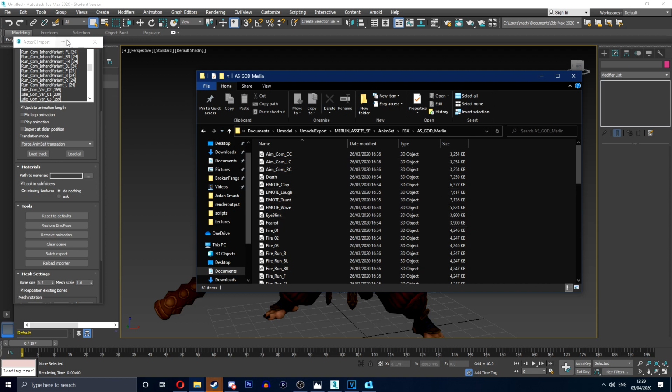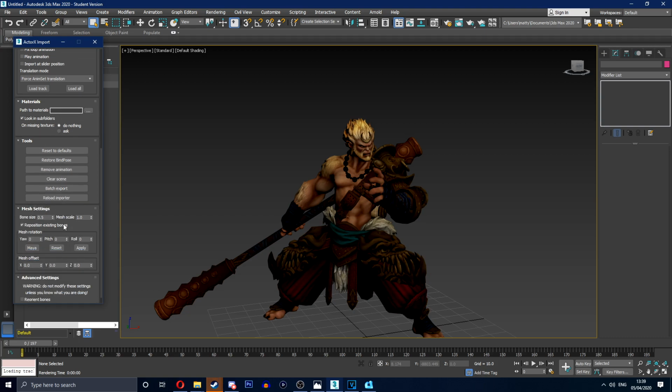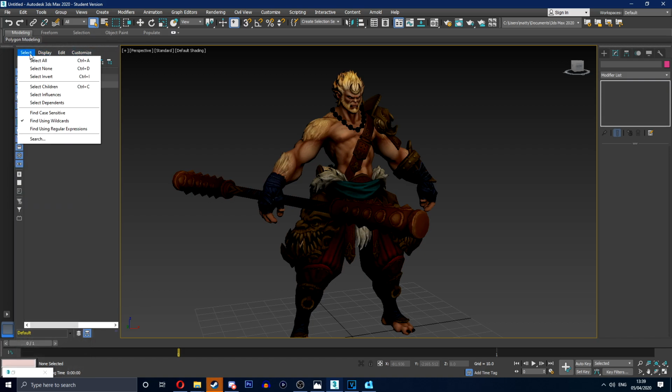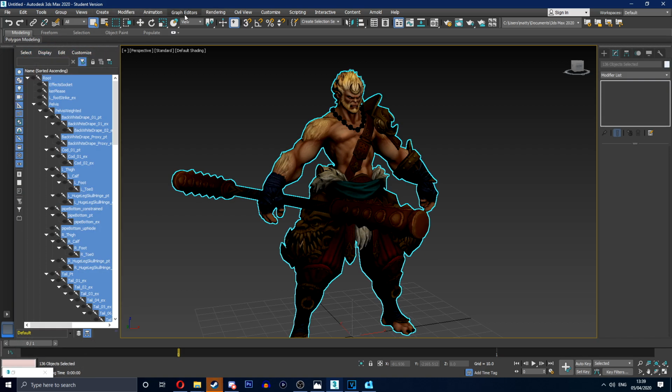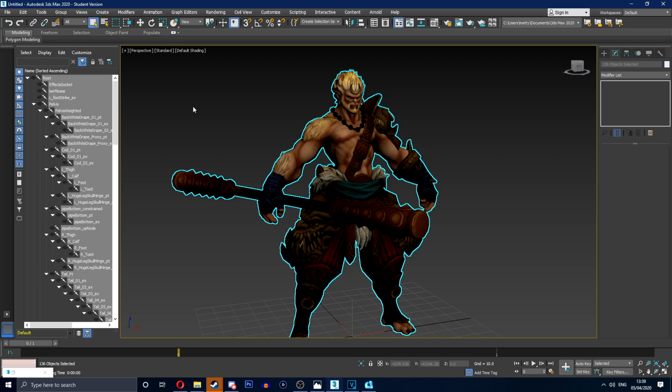And if you want to render out the god themselves, all you need to do is restore bind pose, go back to the T pose, select everything, and then you want to do file, export, and export selected. And that is basically how you get Smite models and textures in the year 2020, the best year